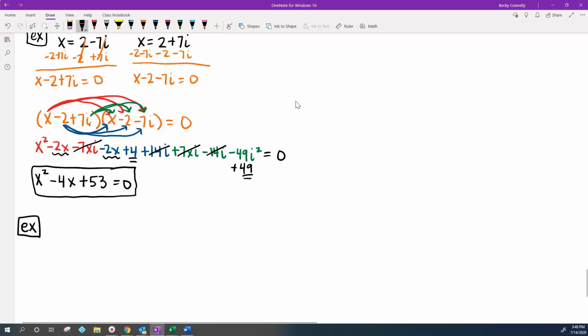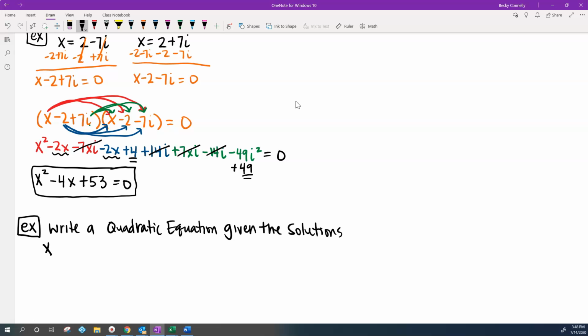This time we have the same directions, where it wants you to write a quadratic equation given the solutions. And the 2 solutions they're giving you this time is x equals 3 minus the square root